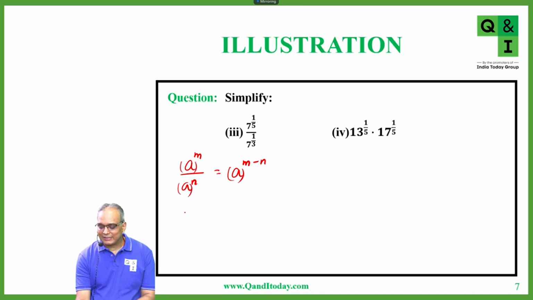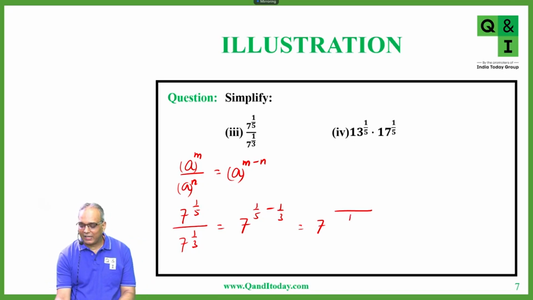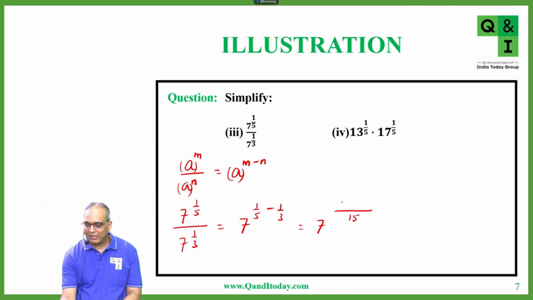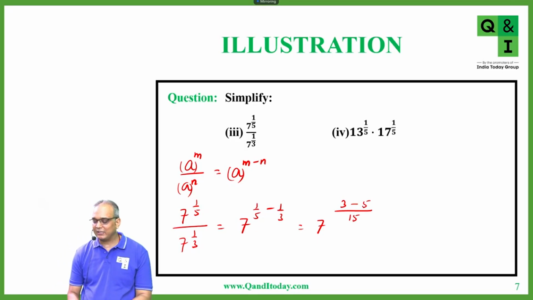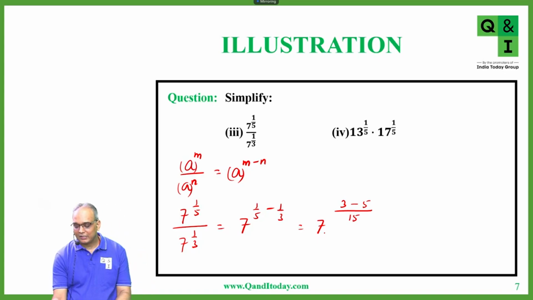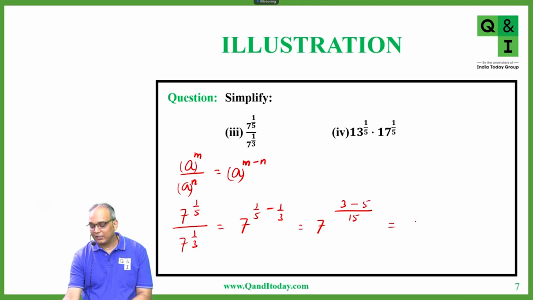So using this, we have 7 to the power 1 by 5 divided by 7 to the power 1 by 3. So this will be 7 to the power 1 by 5 minus 1 by 3. That is 7 to the power, you will take LCM here, right? So LCM of 5 and 3 is 15. So you will multiply 3 in the numerator here, and in the second term you will multiply 5 in the numerator to get 15 in the denominator. So this is 7 to the power 3 minus 5 over 15, or 7 to the power minus 2 by 15,